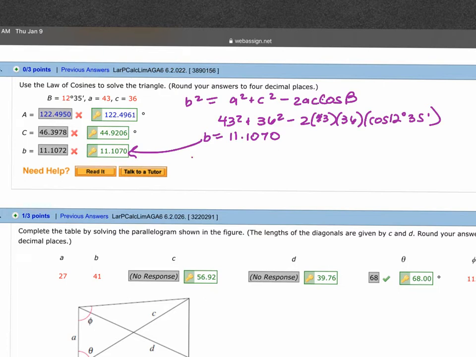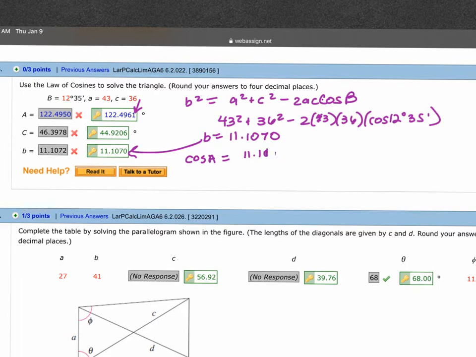Then if I go to do cosine of A, because that's the first angle that's missing, I would do B. Now here's the problem. We round this, right? So if you used the entire natural value, it would have been more accurate. And that's why some of you literally just got like 1 decimal wrong at the end. If you had kept it as 11.106996668, it would have given you that exact answer. But we're going to round ours. Don't stress about it. So technically on the quiz tomorrow, you would have rounded even just to 2 decimal places,